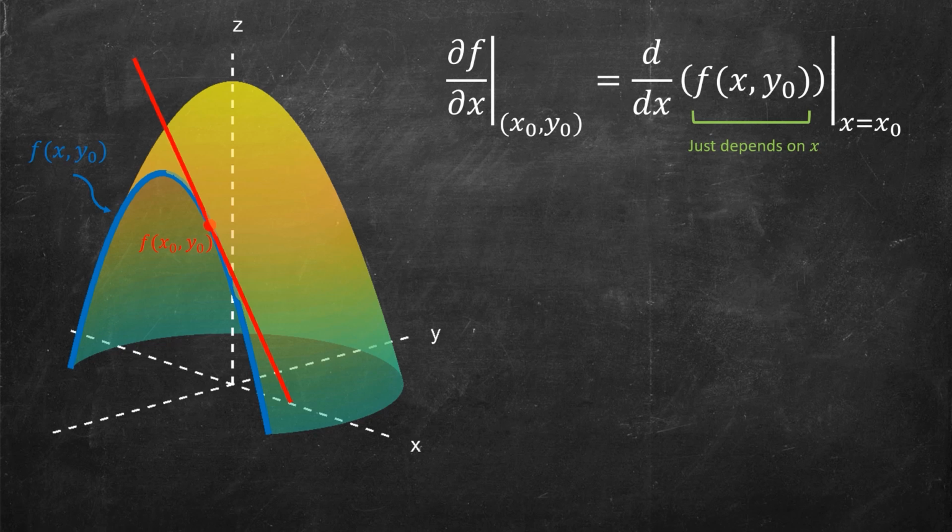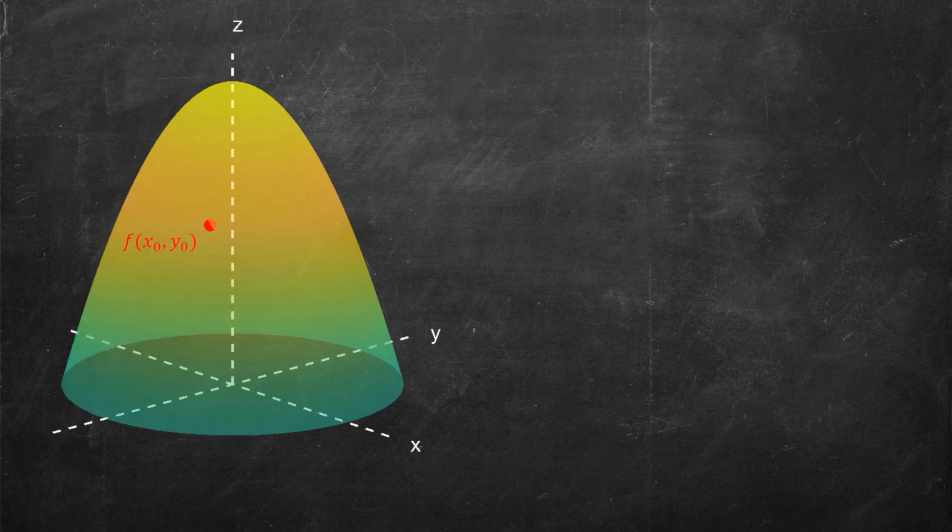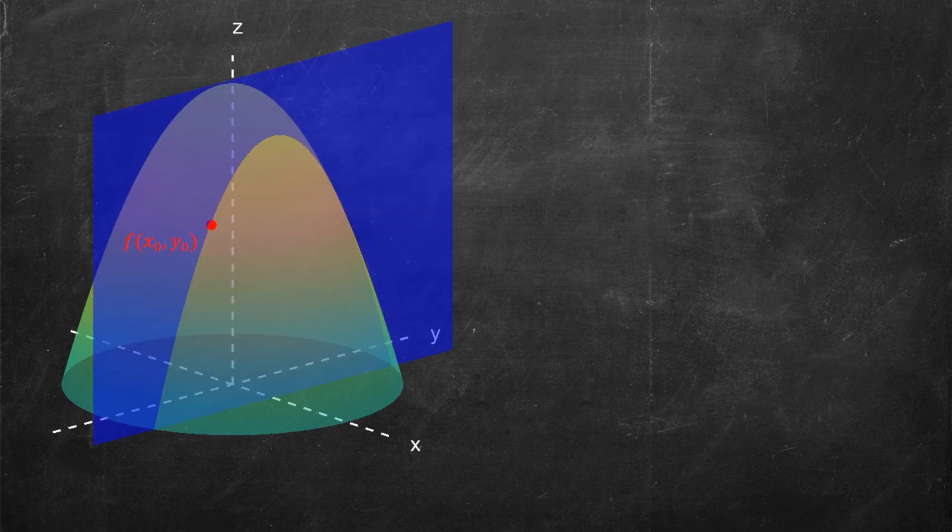Now, this is the partial derivative with respect to x. We can also investigate the partial derivative with respect to y. So let's begin in the same place. I have the graph of my function, I have a point specified, but this time I want to restrict myself where the x naught value is fixed and the y value is changing. That is, I'm on a plane here with a fixed x naught and then all the values of y that are allowed. When I take the intersection of that plane with the graph of my function, I cut away,